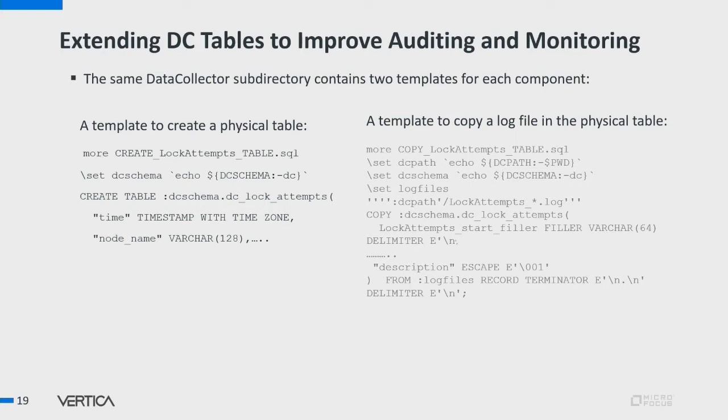DC log components. So using these two things together, you could really automate a system: create a physical table using the scripts. And then on each of your nodes, you could run a cron job that would essentially run that copy. And maybe you set up your cron on an hourly or maybe on a daily basis. And you have now a set of physical tables that extend the retention for your DC